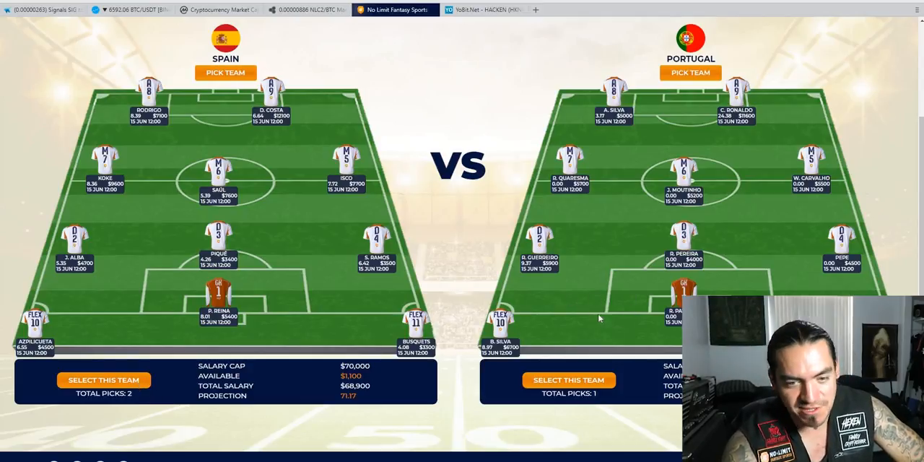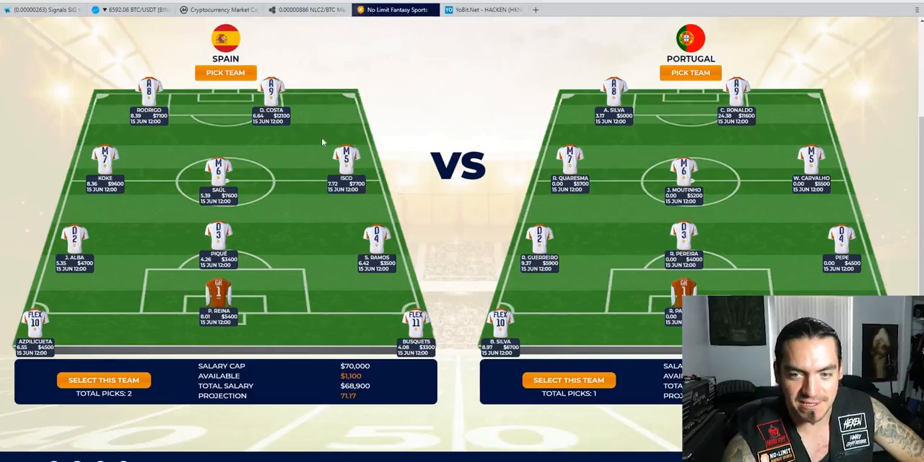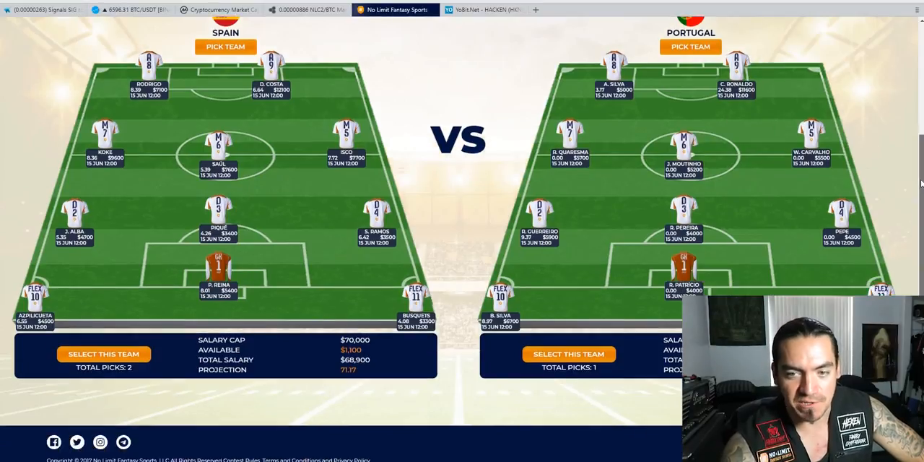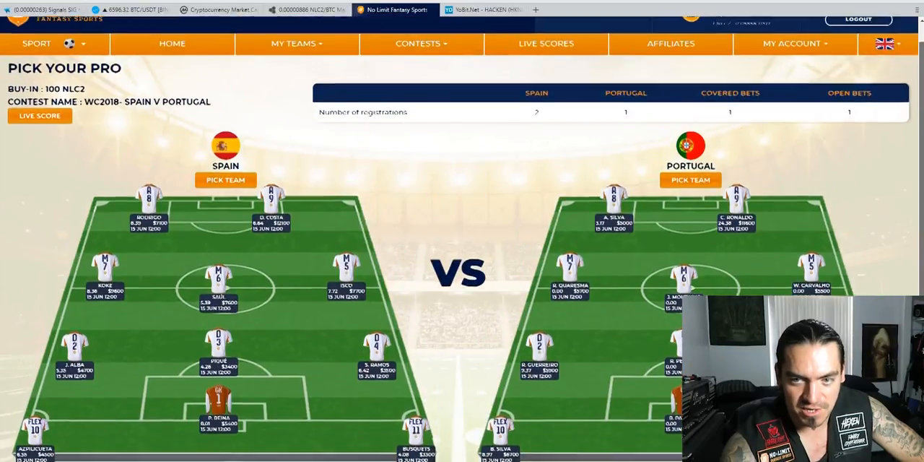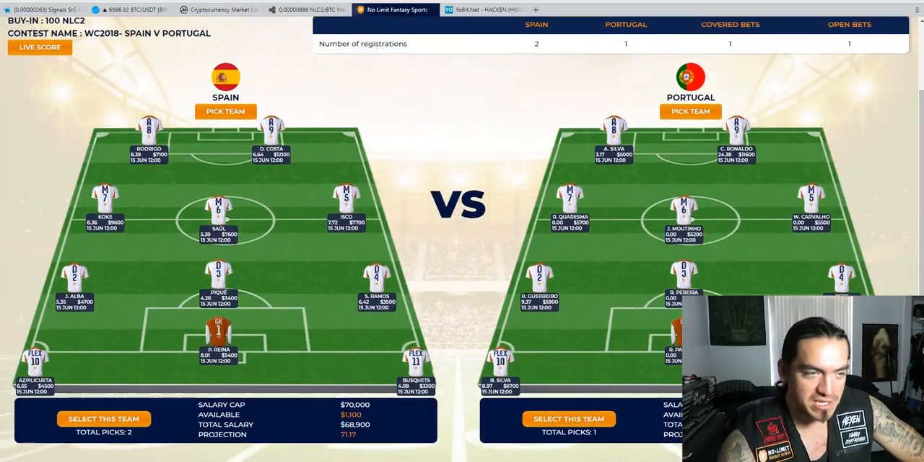But remember, this side has to cover those 10 buy-ins as well. So if you have a lot of people choosing this team, then those bets will fill up as well. And if Spain wins, you'll get double your amount. If Portugal wins, you're going to lose everything. That's the way it works. Pretty simple and straightforward. This is just team versus team. Now,